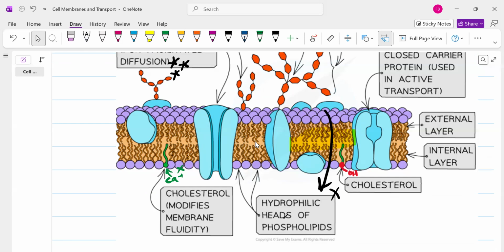When we talk about the fluidity of the cell membrane, it depends on whether there is more saturated fatty acid or more unsaturated fatty acid in the cell membrane. Remember this line: the fluidity of the cell membrane depends on the composition of the fatty acid chains present in the phospholipid bilayer, because the fatty acid chain can be saturated